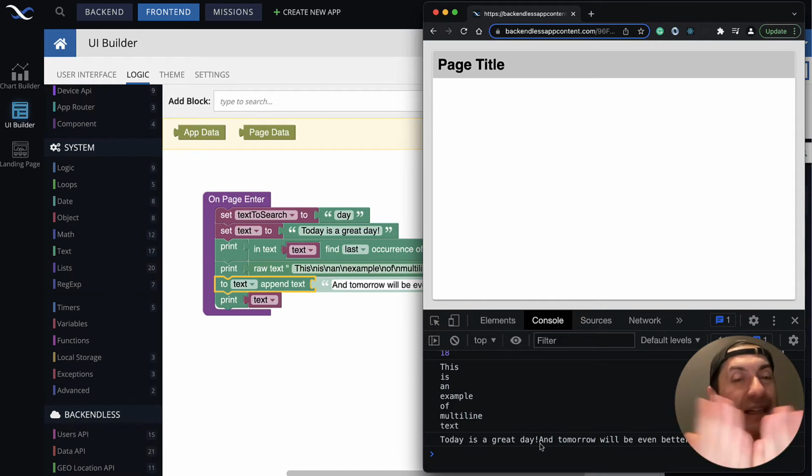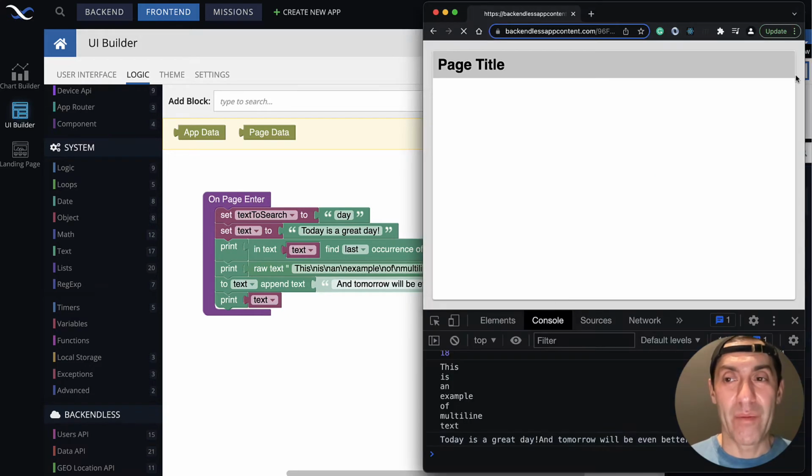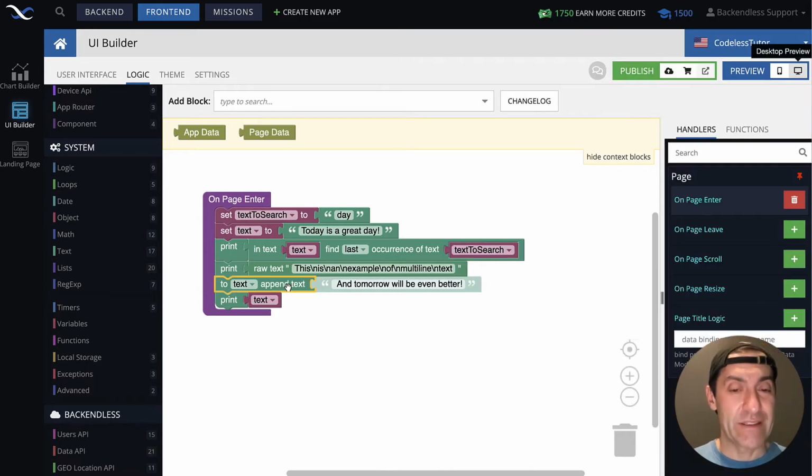It just concatenated them together just like that. And if you were to add space right here, then it will be concatenated in a way where there is additional space. So appending text is done with this block.